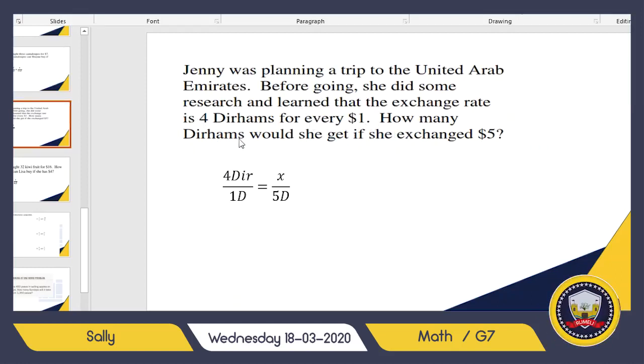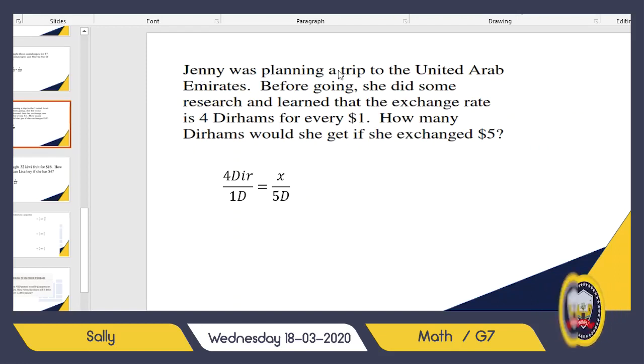So here the unknown is the dirhams. So I will write 4 dirhams over $1 equal the unknown, which I do not know, over the $5. So I will just cross multiply: 4 by 5 is 20 over 1 is 20. So here she will get 20 dirhams for $5. Okay, again,